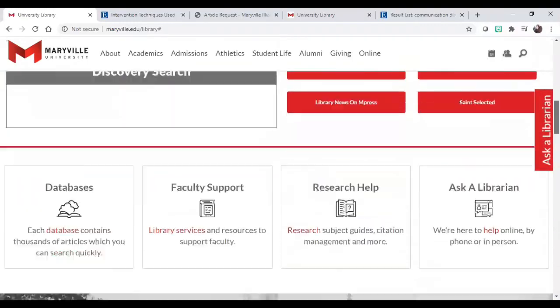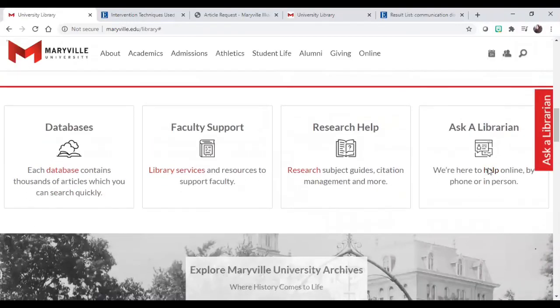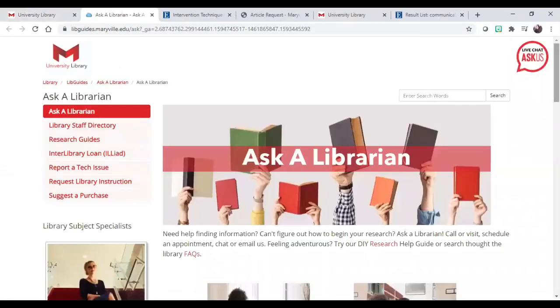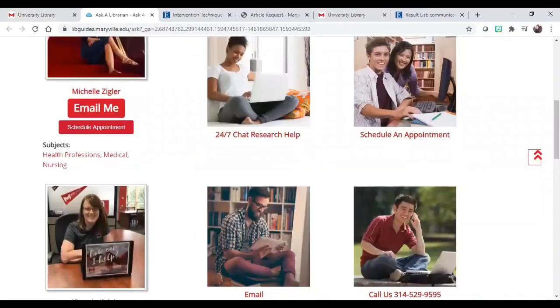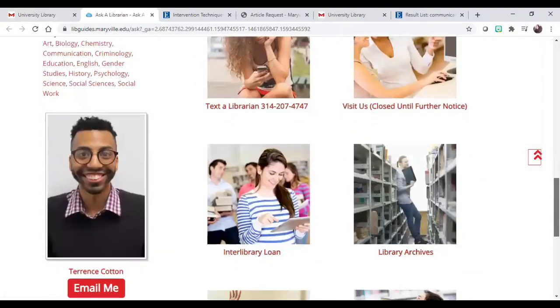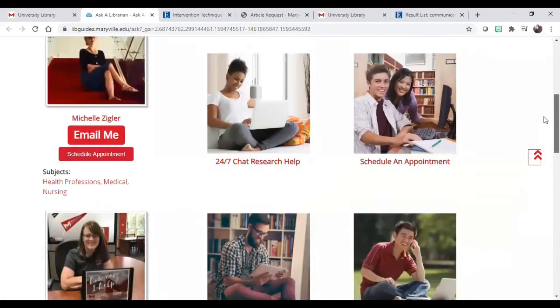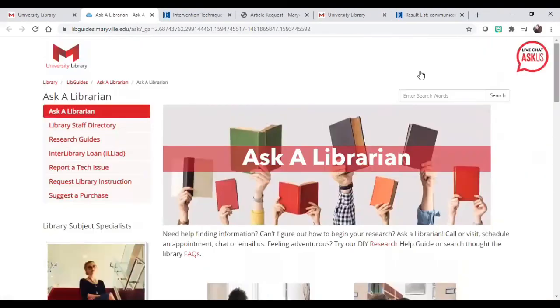Or you can come down here to Ask a Librarian, click on Help, and then this gives you all of the options to contact us. So you can schedule an appointment, you can email, you can call us. There's a lot of things you can do to reach out for help. Just know that we are here to help you no matter where you are or what you're doing. You can utilize the 24/7 research chat, or you can schedule an appointment with us.